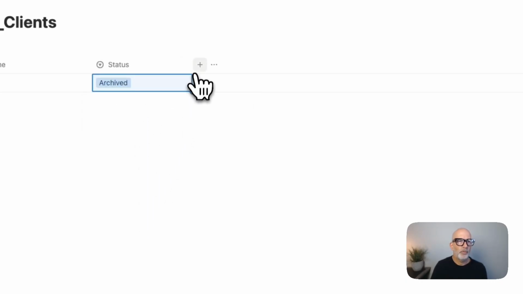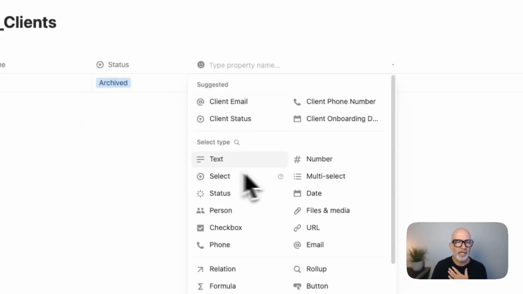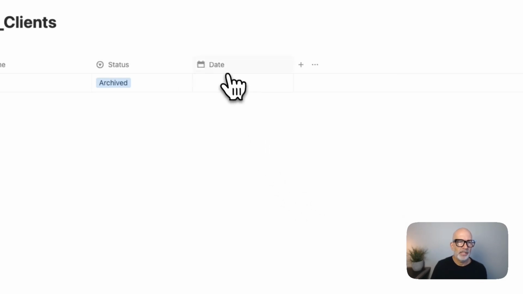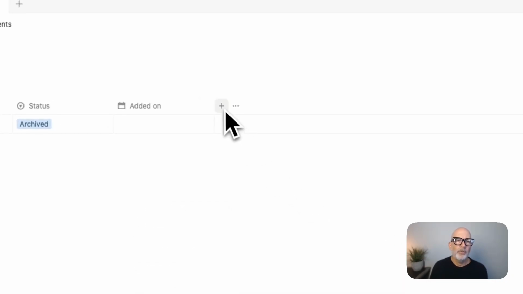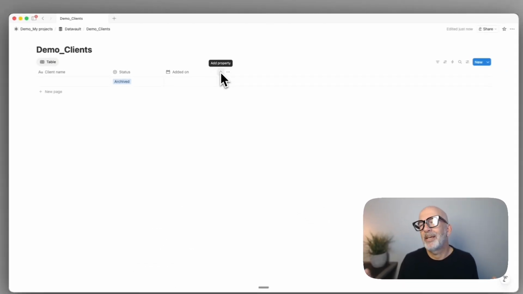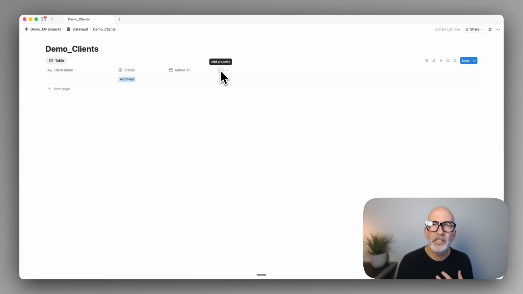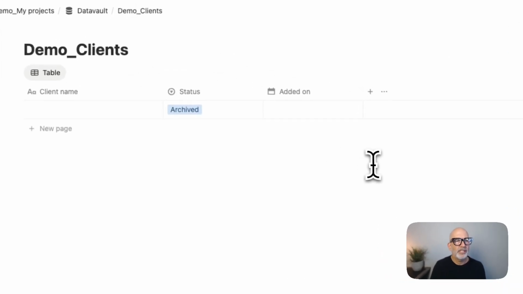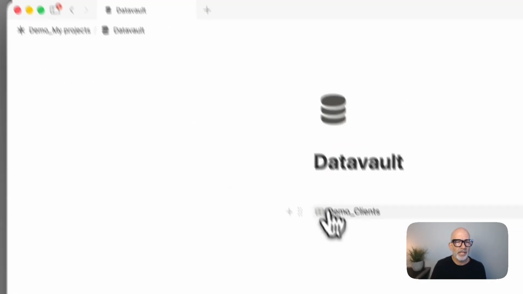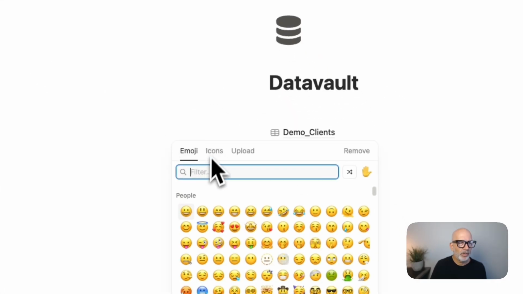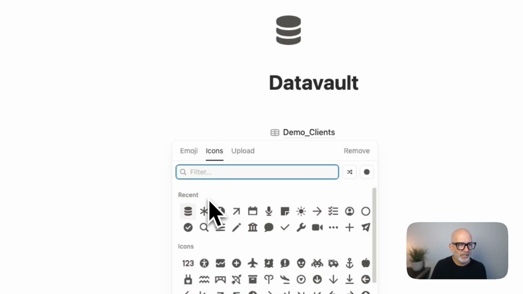We also want a date property where we can say this client was added on, and we can track the lifetime of our clients. We can potentially also add other aspects like what industry this is or who their contact is or whatever else. But let's just keep it super simple for now. That would be clients. Then we go back to our database and we can see our demo clients are there. And let's just give them